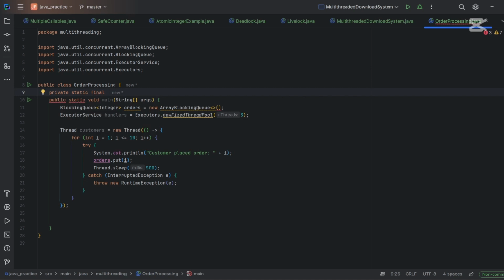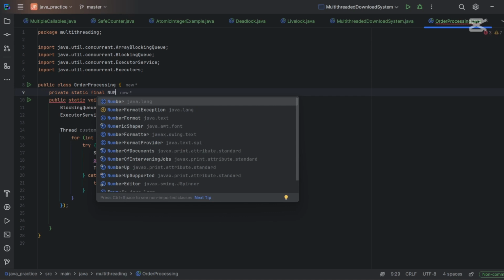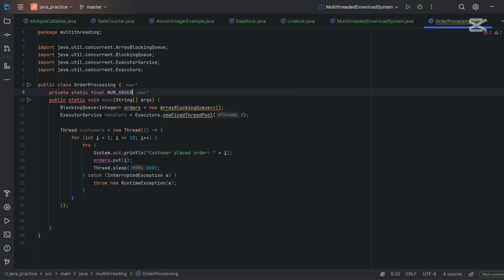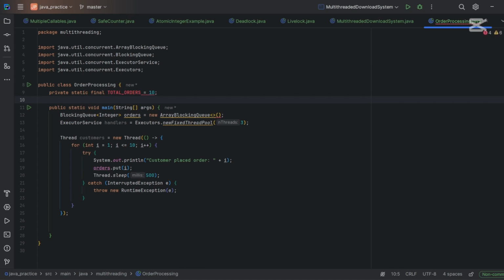So we have how many handlers, how many customers, and how many orders. So number of orders, or let's say total orders. So we have totally 10 orders. Yes, it's integer,